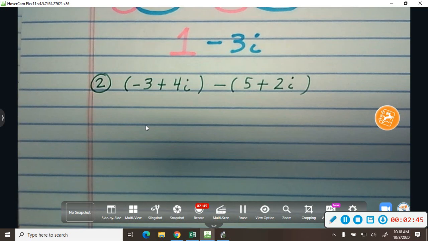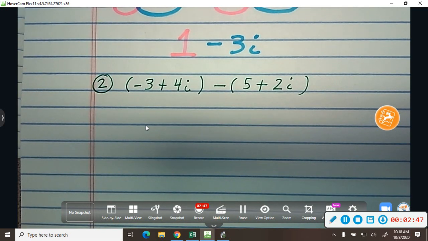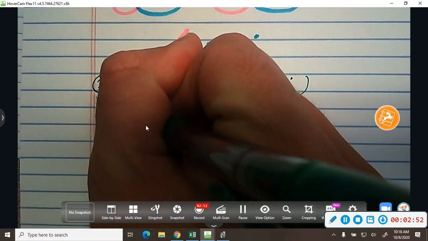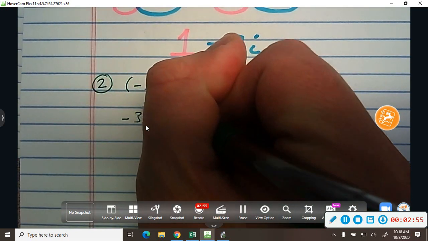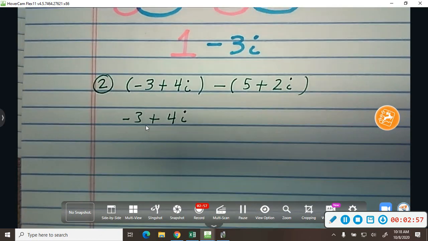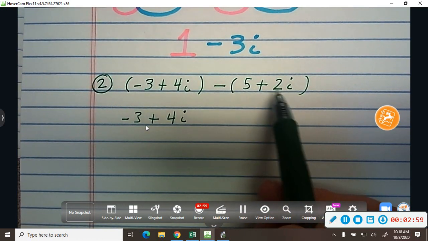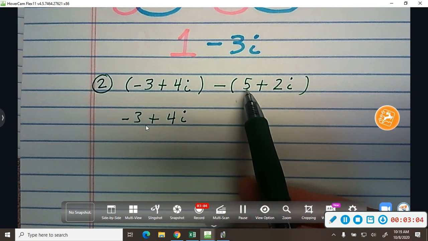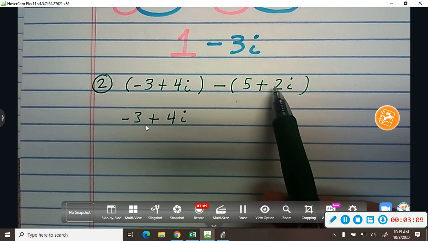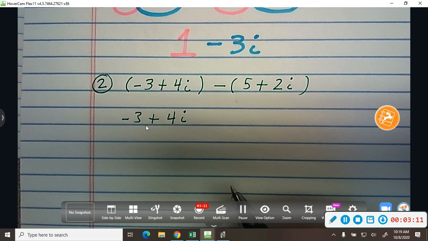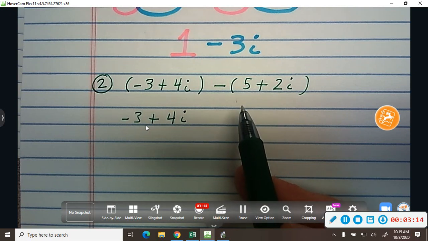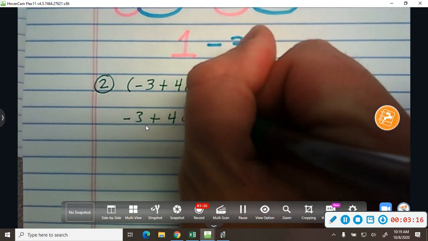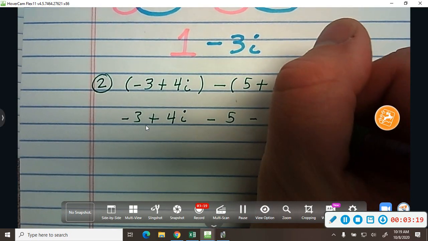Now, let's go and do a subtraction. So subtraction is very similar. Nothing in front, so I bring it down without the parentheses. But now, I need to negate everything. The negative is going to distribute in. So the negative is going to change positives to negatives. It's going to change negatives to positives. So all we have is positives, so it's going to change them all to negatives. But if it were negative, it would change it to positive. So it'd be minus 5, minus 2i,